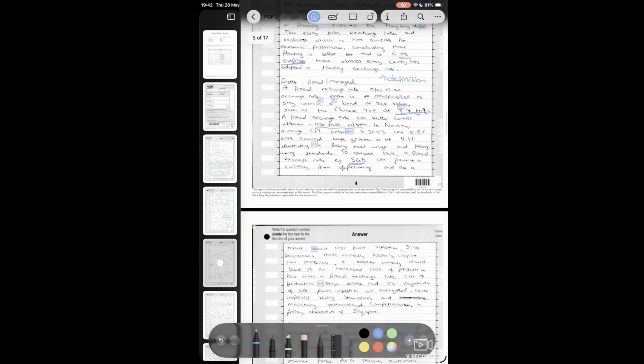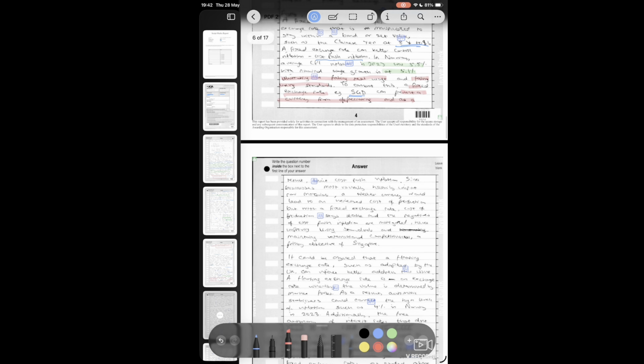So let's go through this. Immediately, definition, we've already spoken about this. I've got my facts and figures all through the extract. I've explained the chain of analysis. So, in Norway, average CPI, 5.5, etc., illustrating a falling real wage, falling living standards. To combat this, fixed exchange rate. I've given an example there as well. It can prevent a currency from depreciating. As a result,